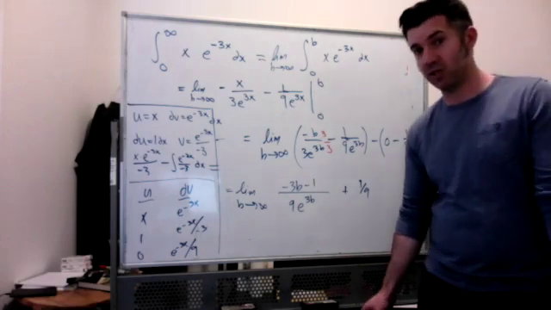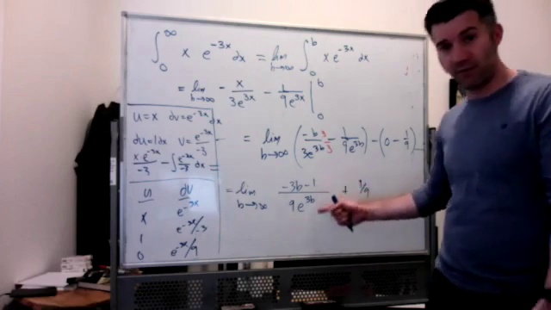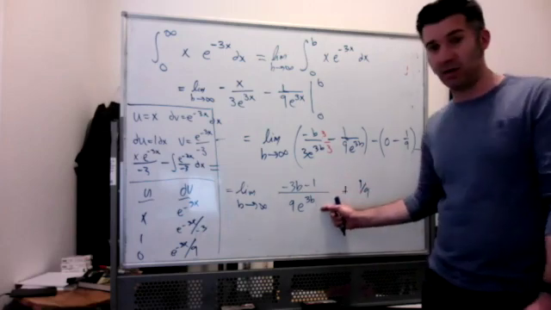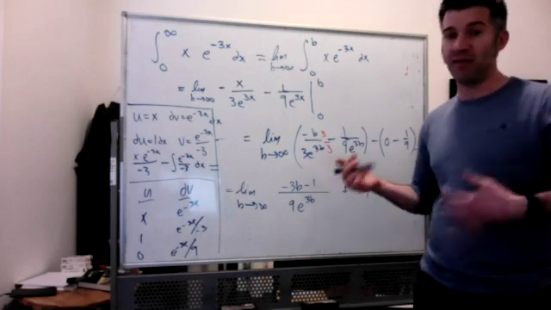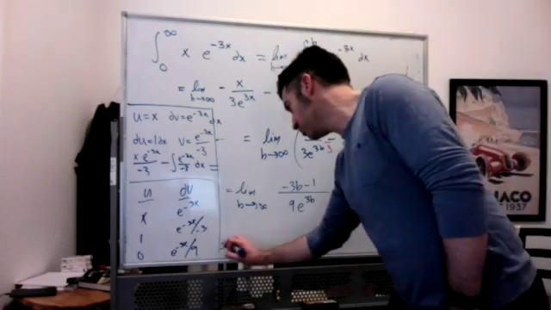But what I'm pretty sure she wants you to do, or at least to think about, is the fact that this is an infinity over infinity form. Right? The top is going to negative infinity. The denominator is going to positive infinity. And when you have an infinity over infinity, you have to use L'Hopital's rule. So if you use L'Hopital's rule,